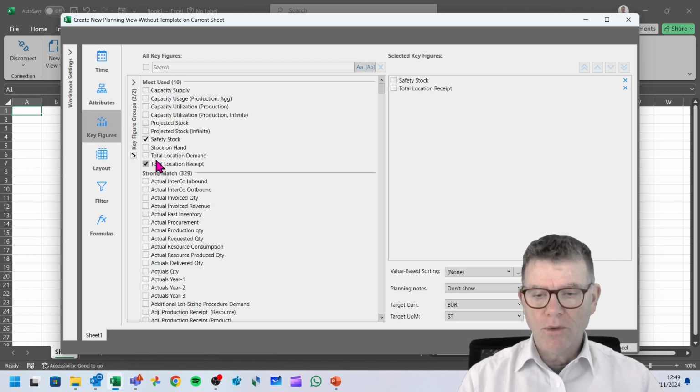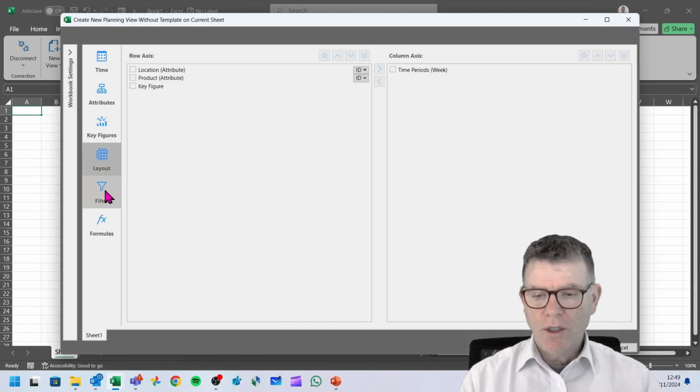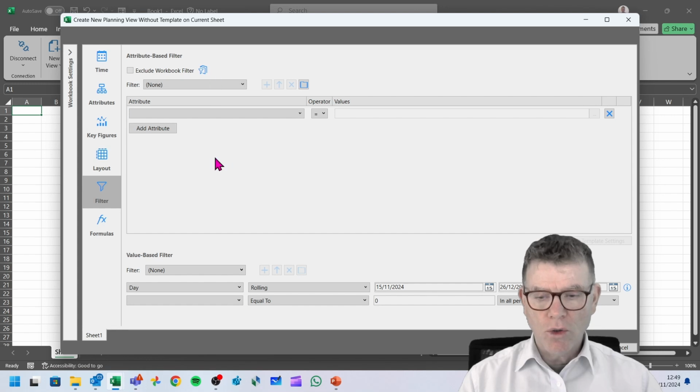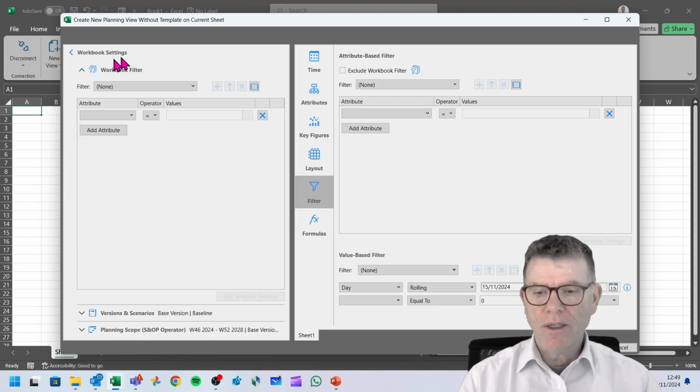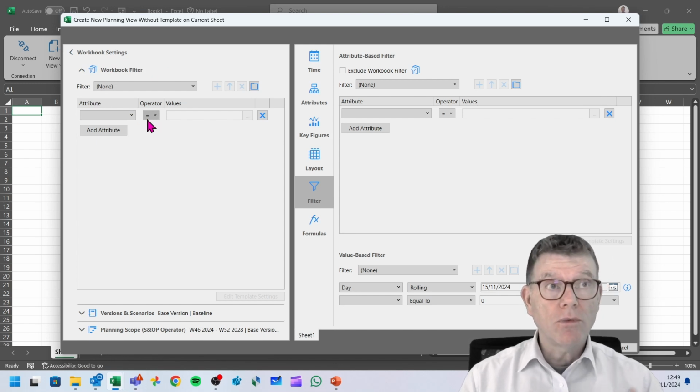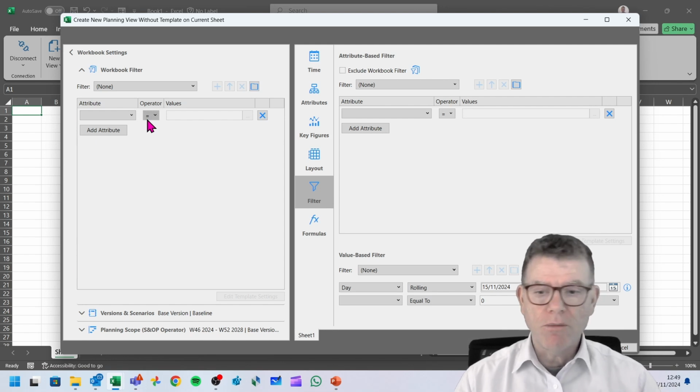You define whatever you want to see. Then the layout has not changed. And then the filter has not changed. Local filter for this worksheet. If I have several worksheets and I wish to have a global filter, I can also define that in the workbook selection. Now, depending on whether you are editing a planning view in the supply planning perspective or in the demand planning,